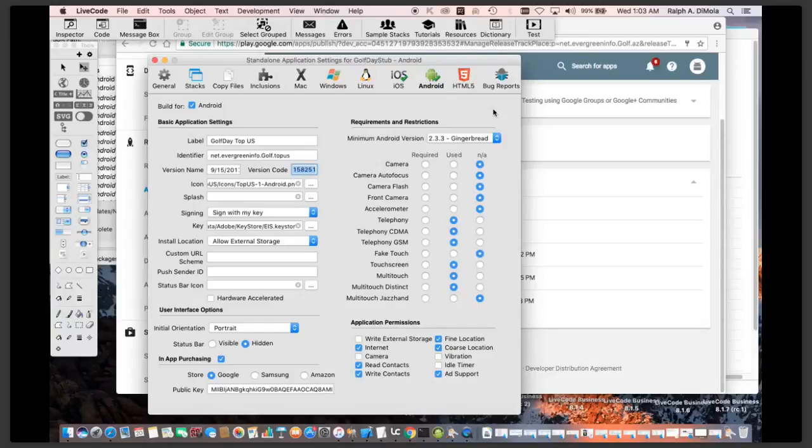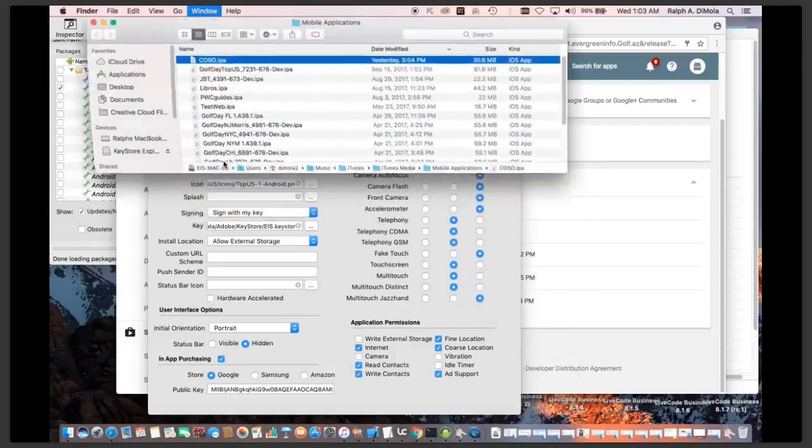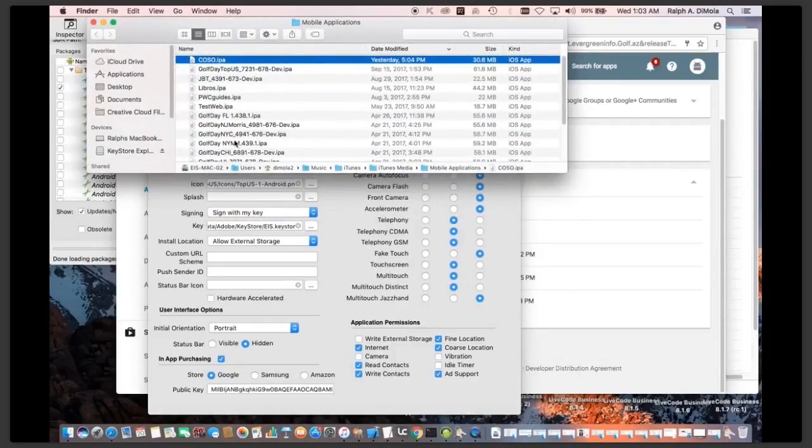What I used to do is drag the iOS .app file into iTunes, and there was a folder where they put all the stuff and converted it to IPAs. An IPA is nothing more than a payload folder with a capital P, and you drop the .app file into the payload folder